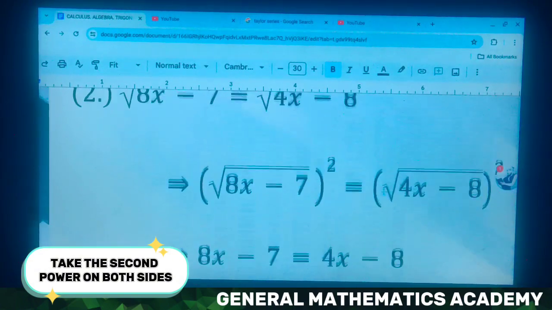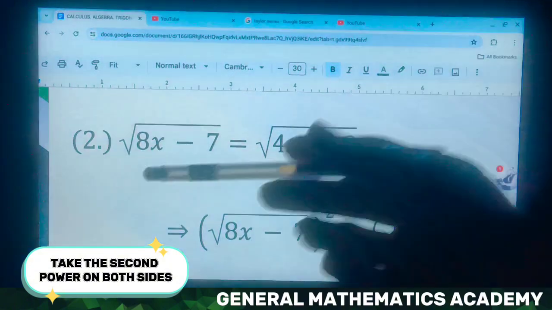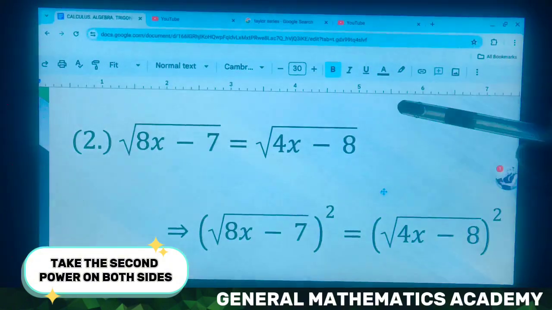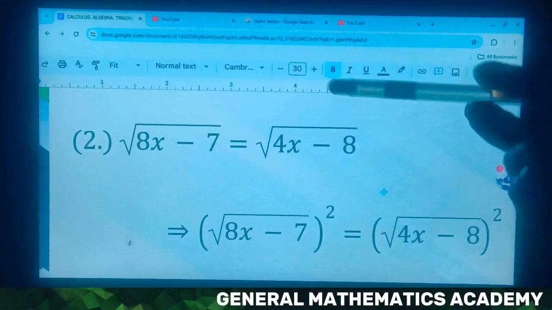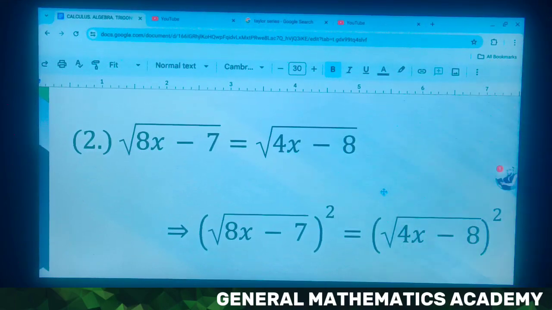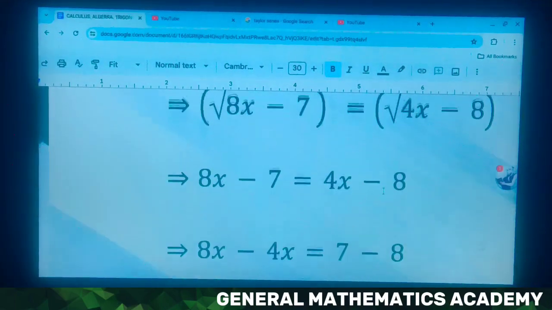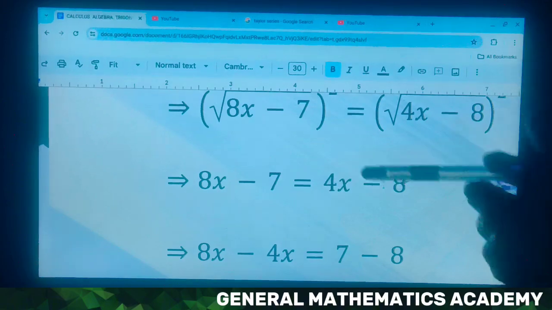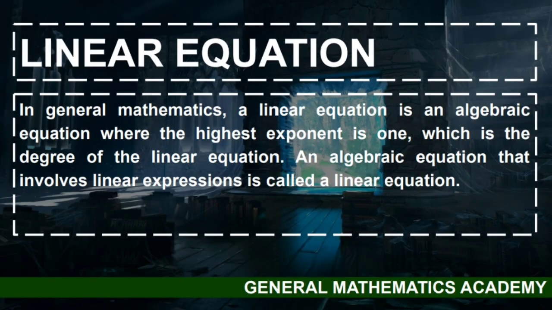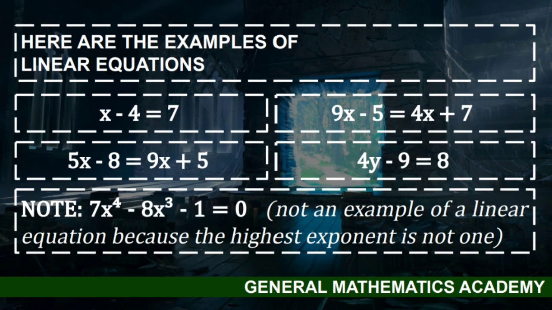So as you can see, when the two radical symbols on the first line were eliminated, the radical equation we are solving yielded a linear equation. So in general mathematics, a linear equation is an algebraic equation involving linear expressions. So here we have an example of linear equations. These are examples of linear equations because the highest exponent in this equation is 1, which is the degree